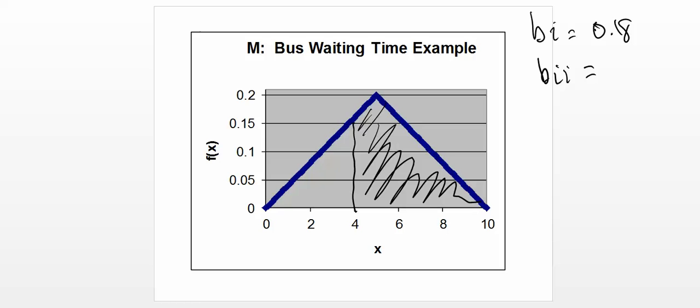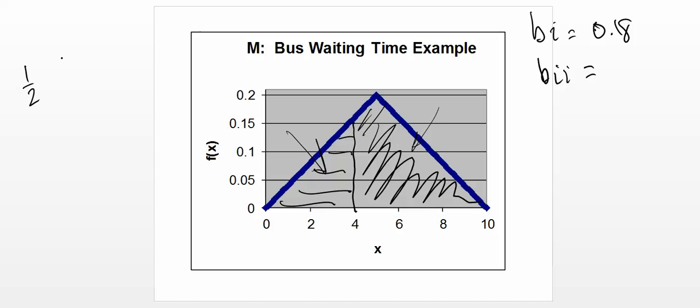I'm not going to calculate that area. Instead, I'm going to calculate the probability that it's to the left of 4. So with this shading, I'm going to find the area of that triangle and get the one to the right as 1 minus this. So the area between 0 and 4 is equal to